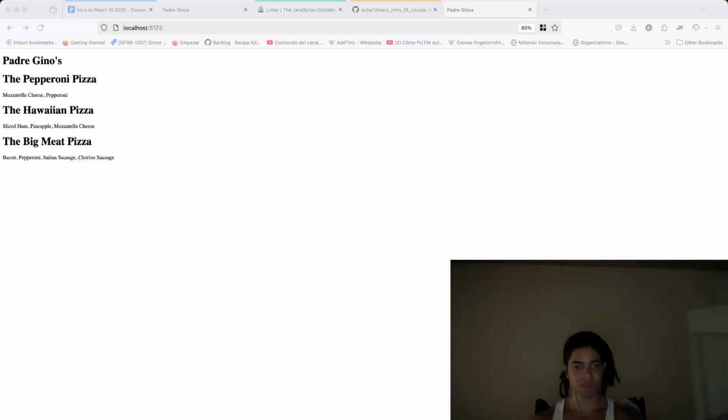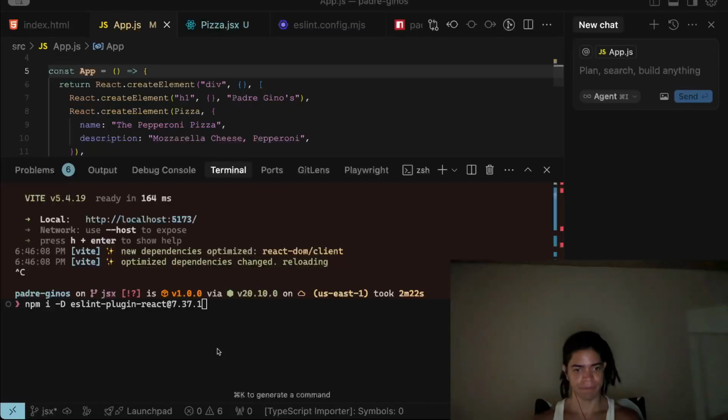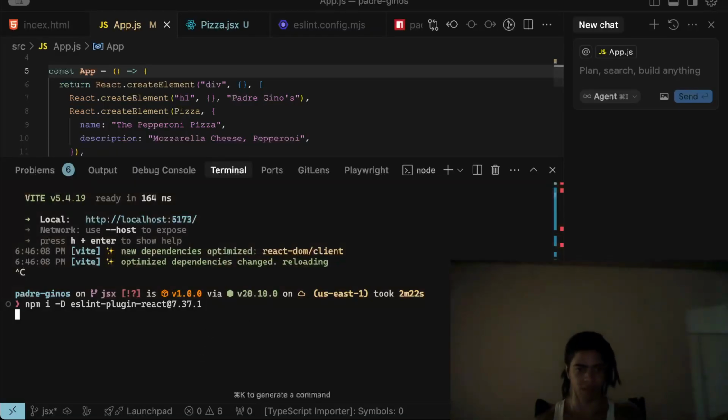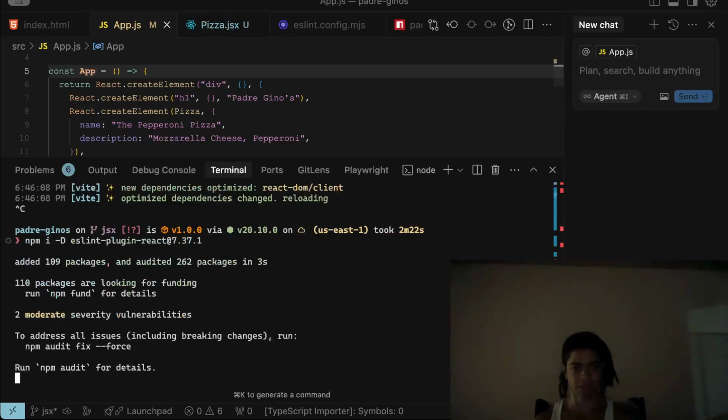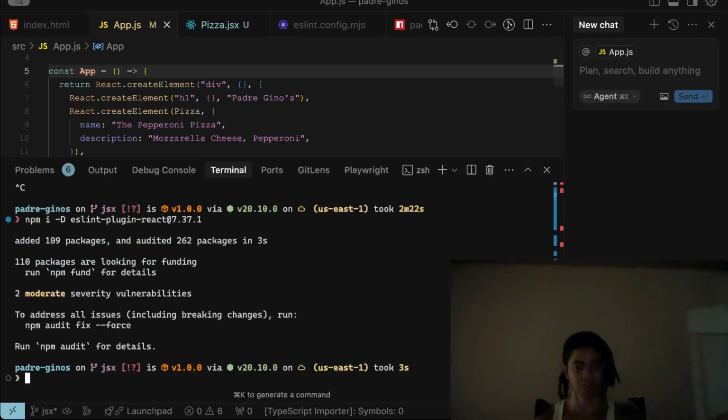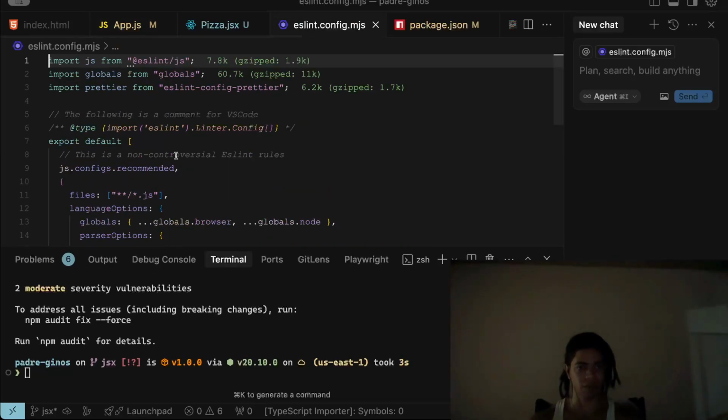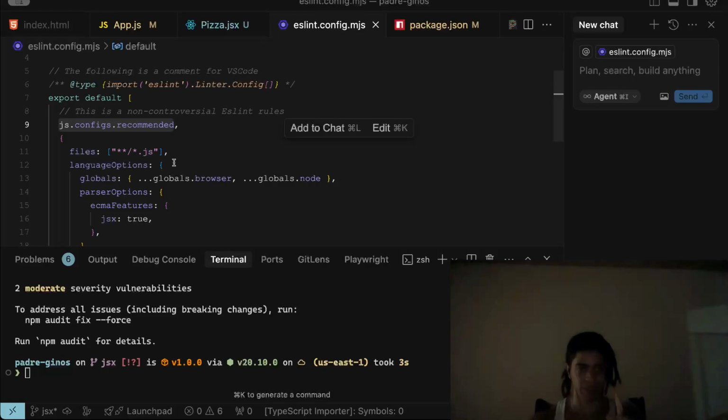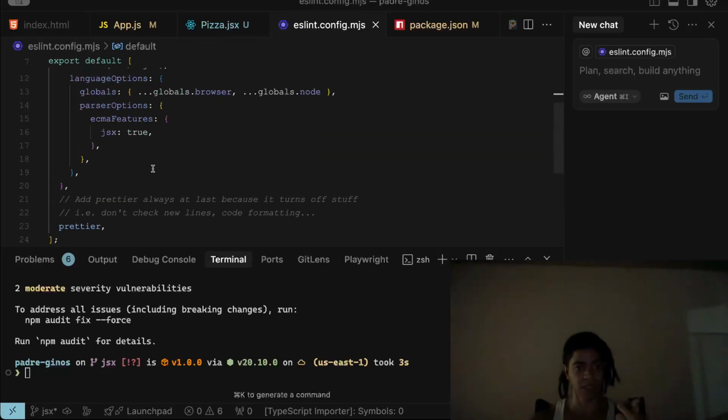So what we wanted to configure is this. We are now configuring the linter here by adding this ESLint plugin React for this particular version. So we're adding the plugin for ESLint that helps us catch any issues, because remember, what we have added here is only the JS configuration recommended, but now we need to indicate